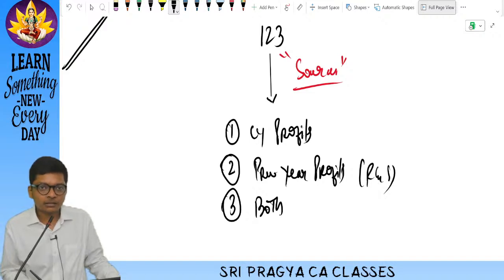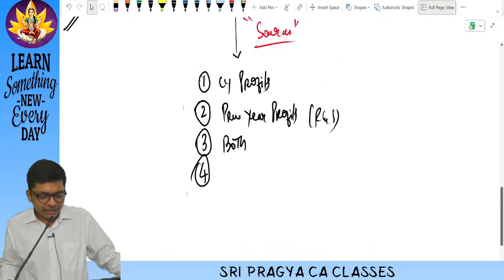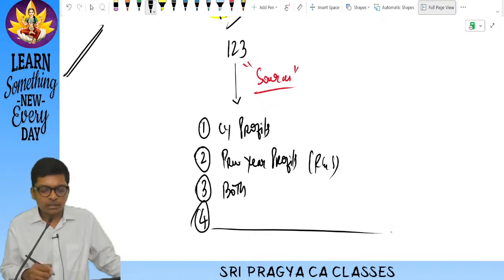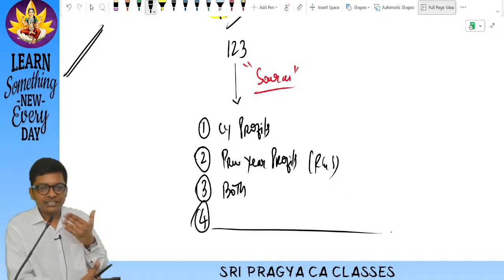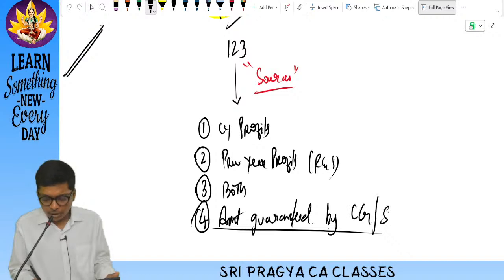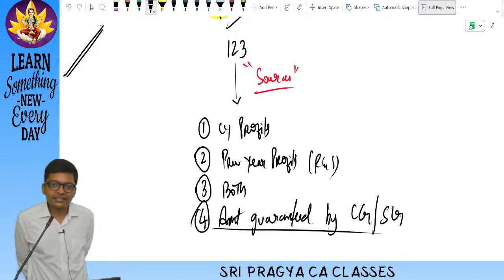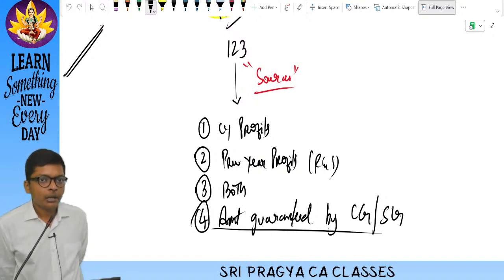Are you following, guys? Clear? Current year and previous year profits. Point 4, write it down. Later, maybe you can leave a blank, or if you want to write, I will write it, but I will tell the logic later. After the chapter is over, or in the middle of the chapter, you will remind me. Now I can't tell the logic. Amount guaranteed by central government or state government. Why, sir, are they giving money for declaring dividend? I will tell that a little later, you will remind me. Okay, logic. Exam, no logic. But for us to remember,